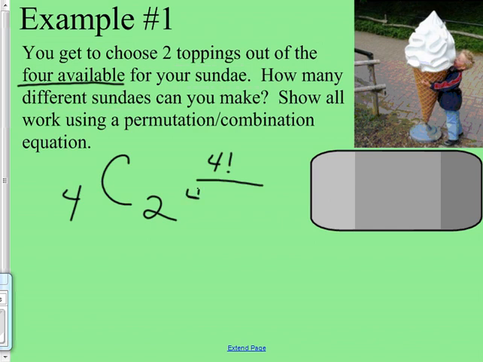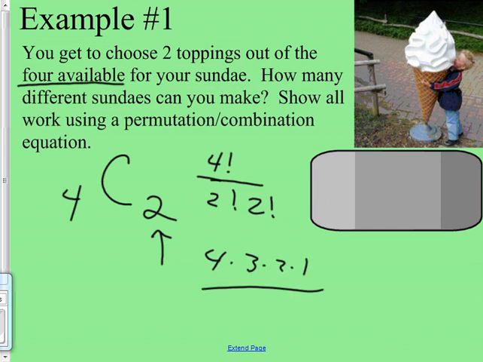4 minus 2 factorial, good. And the last part, an extra one of those, 2 factorial, good. 4 minus 2 is 2 factorial, so I'm just going to change to that. Now, a different question? All right, so the final answer on the top is 4 times 3 times 2 times 1